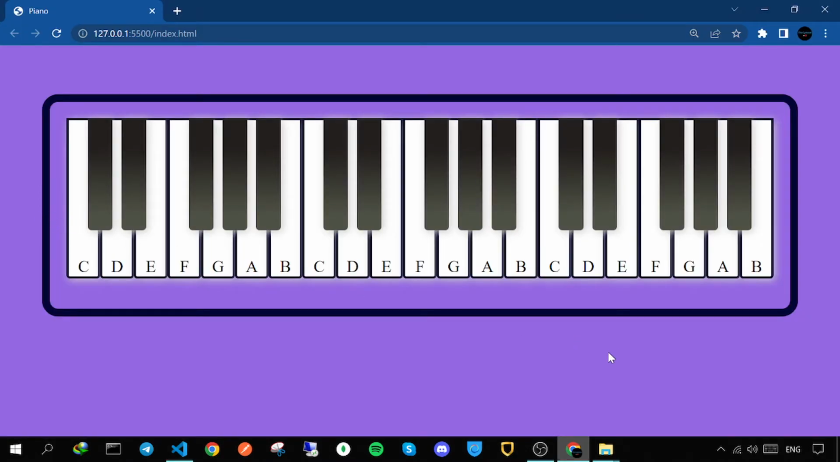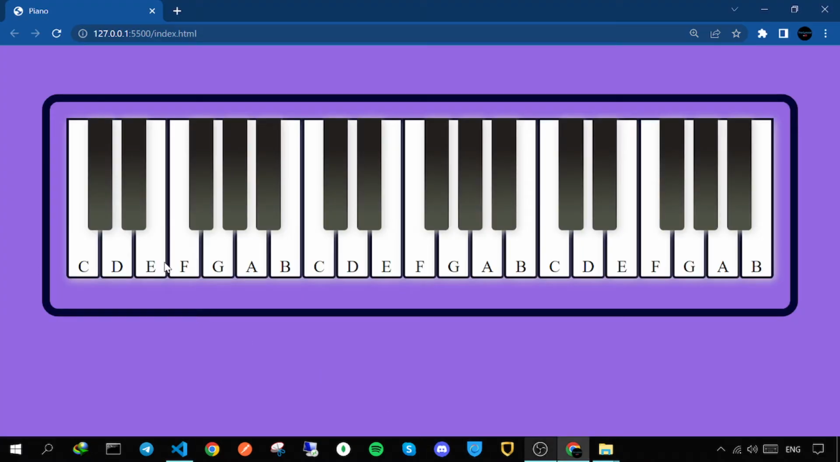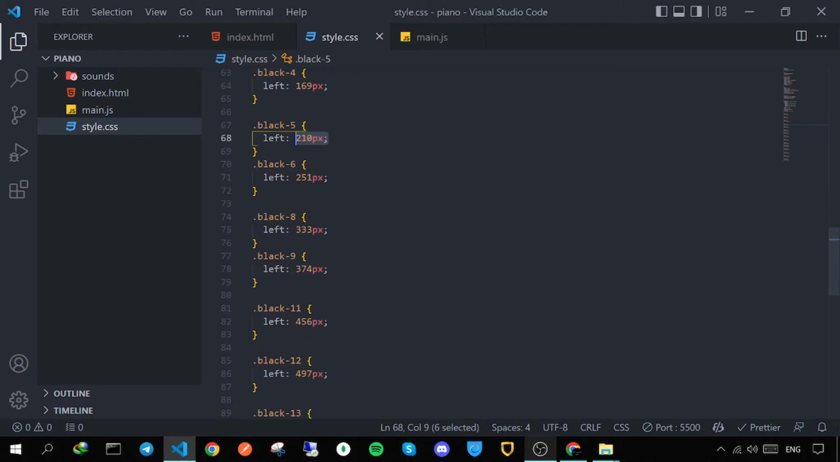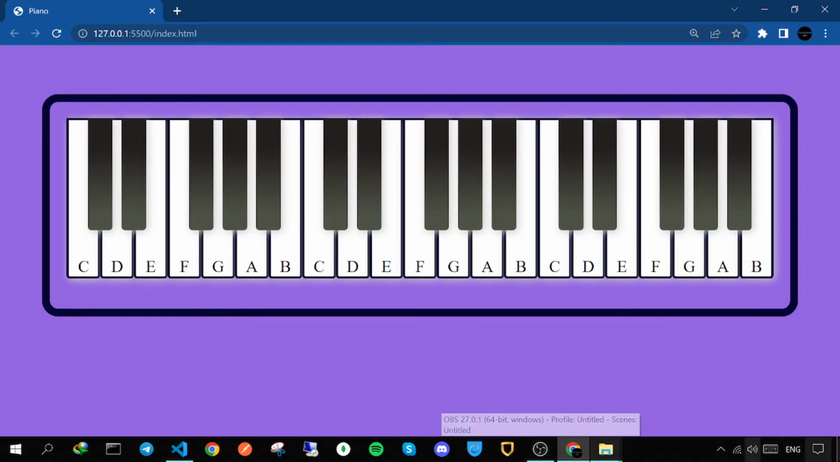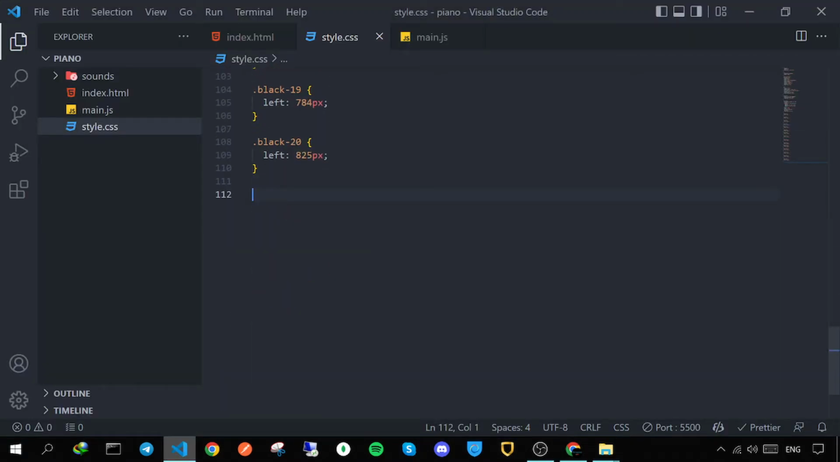46 from the left, and add 41 pixel to this value, 41 pixel to this, and 41 pixel to this value for the third key, this one, this position, and add 41 pixel to this value here. It means 169 pixel, and you go just like this, add 41 pixel, add 41 pixel, till you reach the good result. Okay, enough talking, let's go and define the